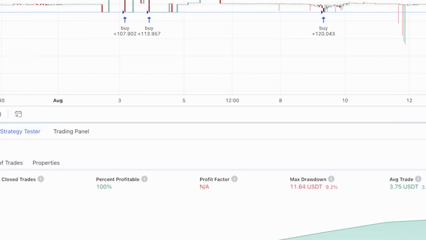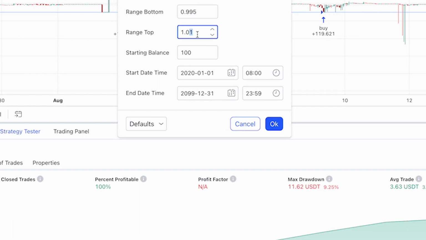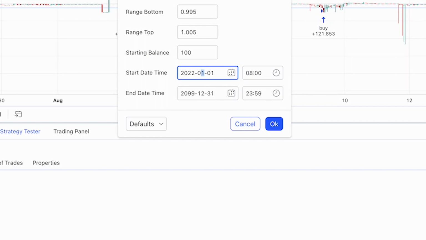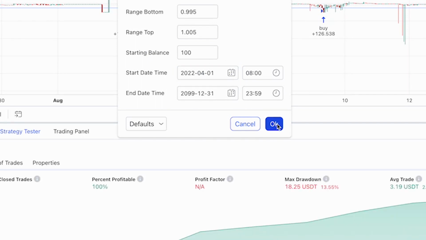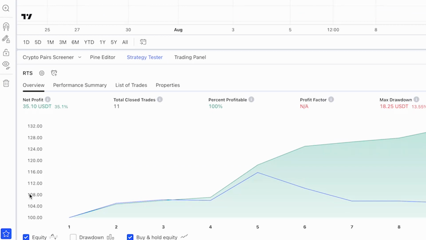I'm going to change a few settings. Let's change the commission percentage here to 0.145% to be more conservative, our spread to 1% to be the same as our early findings, and the start date to be April 2022 to approximate our return over 1 year. So, we have a net profit of